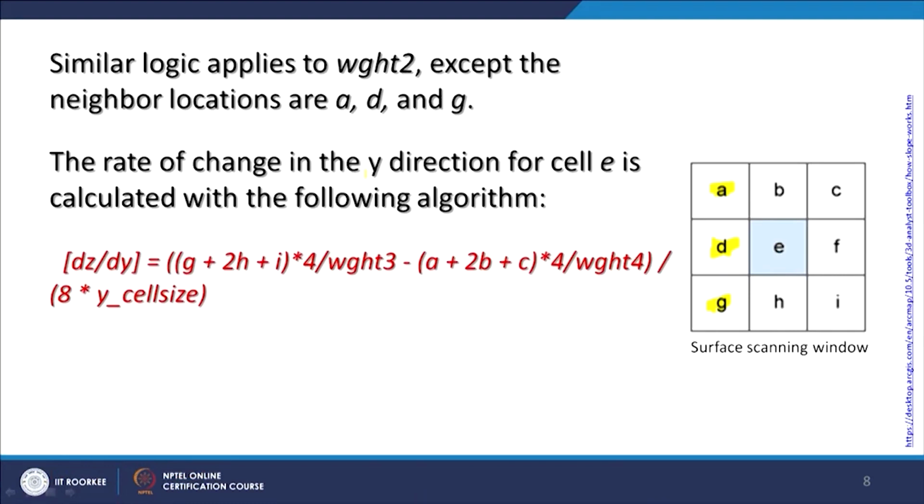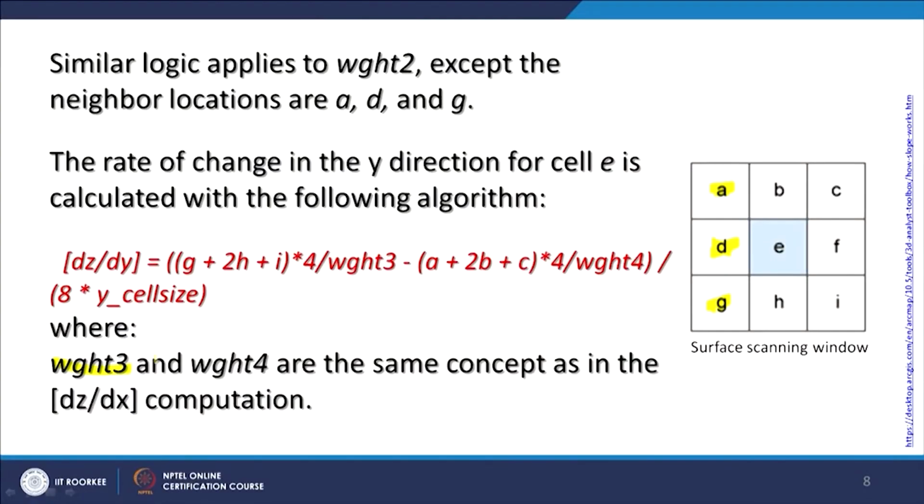So, slope calculations become complicated once we go for assigning weights to the different cells of my kernel, and that will obviously bring different results. Again, it will depend on the variations present in the input digital elevation model. Here the weight 3 and weight 4 are the same concept as in the computation for the